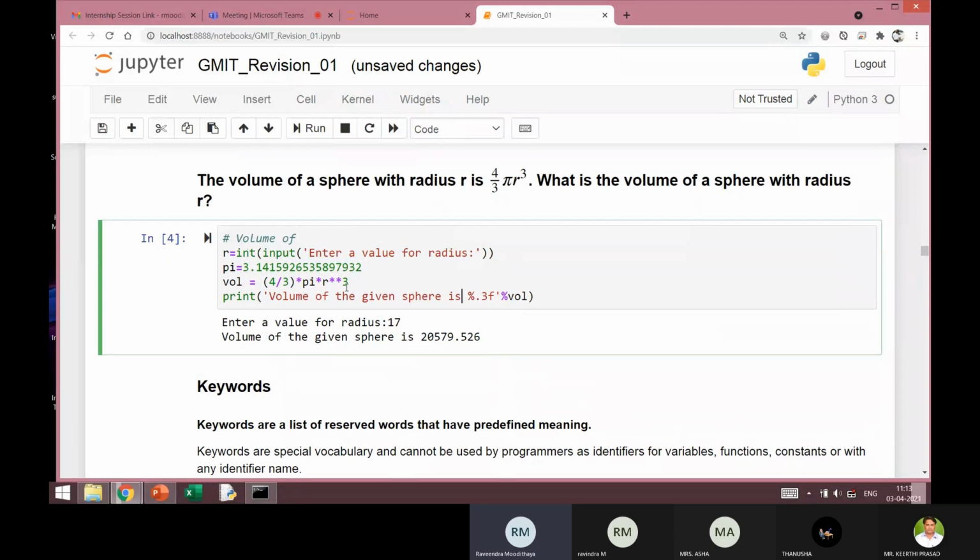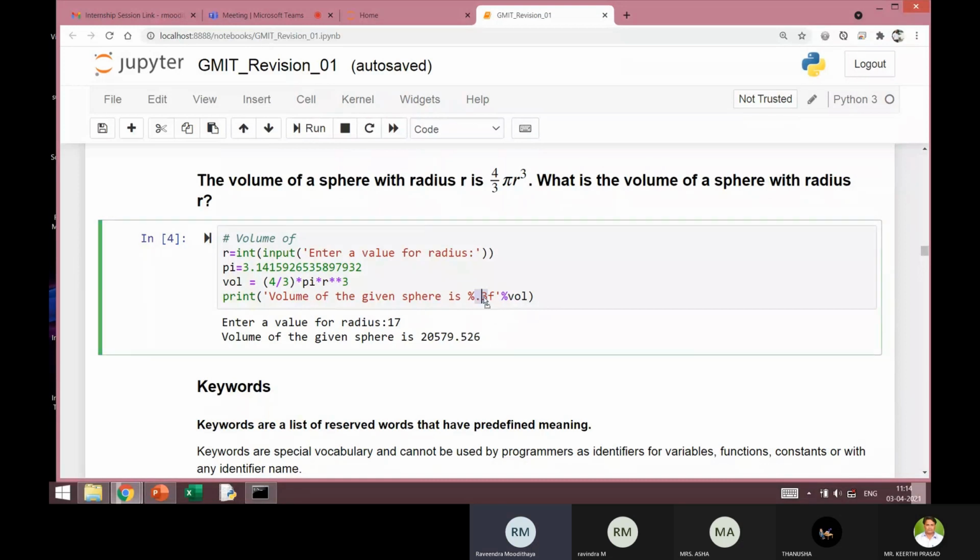Now, this is actually the formatting. Volume of the given sphere is. You can see that the same thing has been printed in the output. Now here, percentage 0.3 f. This percentage f is actually a placeholder, just like what you do in C language. The purpose of this 0.3 is to display the output to 3 decimal places only.